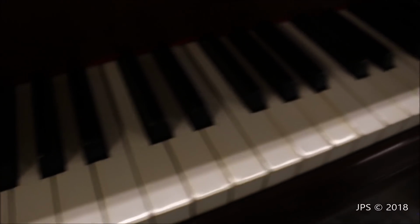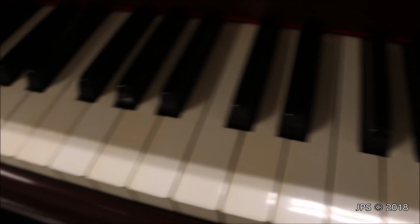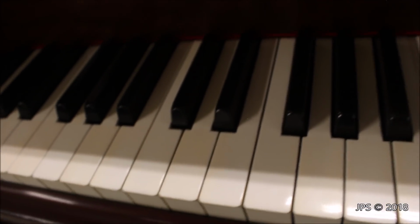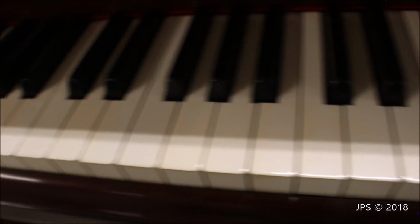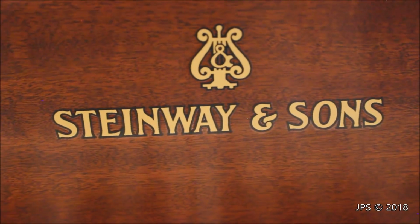They have a really nice color to them as well. It's very consistent, it's very even. On camera it looks like it's very, very pure and white. They're slightly off-white. They're kind of like a creamy white color, but they're very consistent and it's a very nice looking keyboard. Another thing I wanted to mention is the logo here on the fallboard would definitely help date the